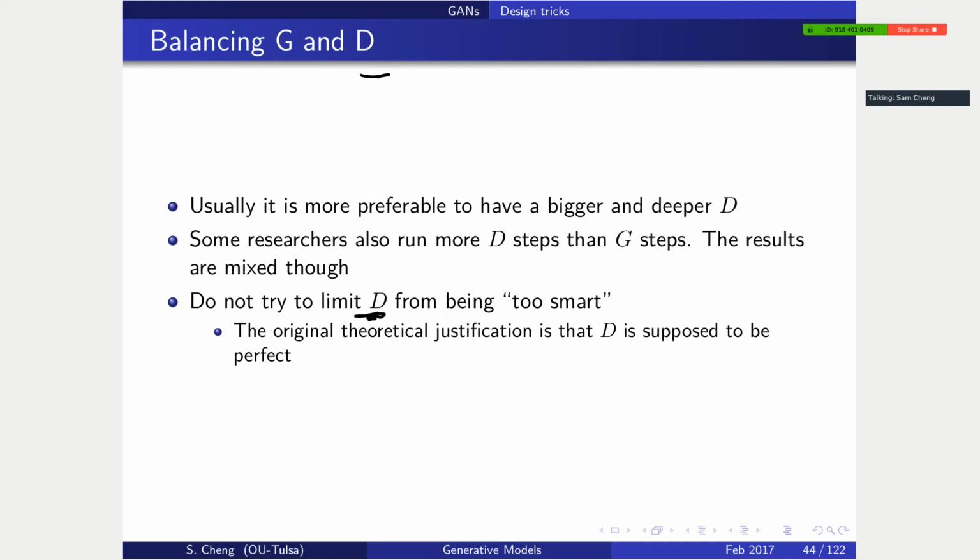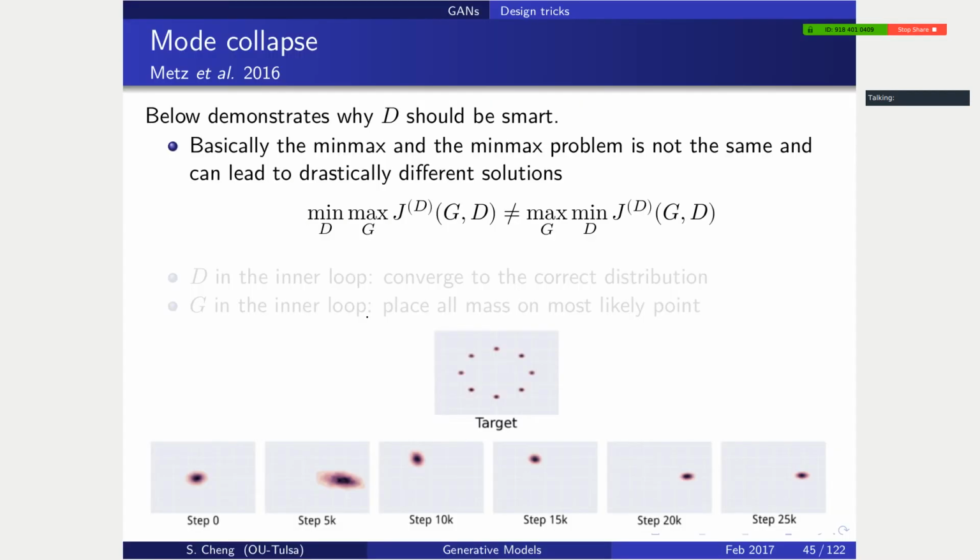And it's not good to do that. Because if your D is dumb, then definitely what you generate will be garbage. And sometimes it's not intentional. You're not really trying to make a D to be dumb. But if you look at